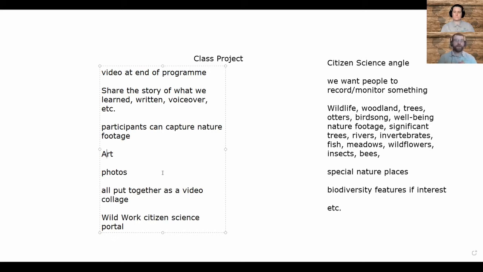edit it together. Now, maybe it'll be you or I, Karen, who do the editing of that, but there's also the possibility that people in the class can participate in that too, right? Absolutely. Every bit of help with that will be greatly appreciated, because editing is as much an art form as anything else. You need creative types.